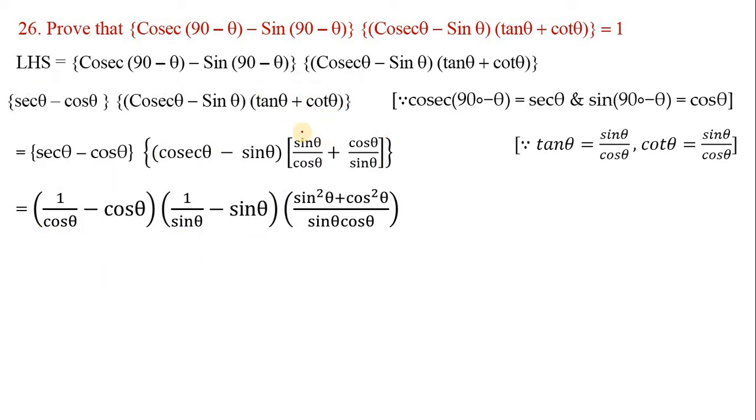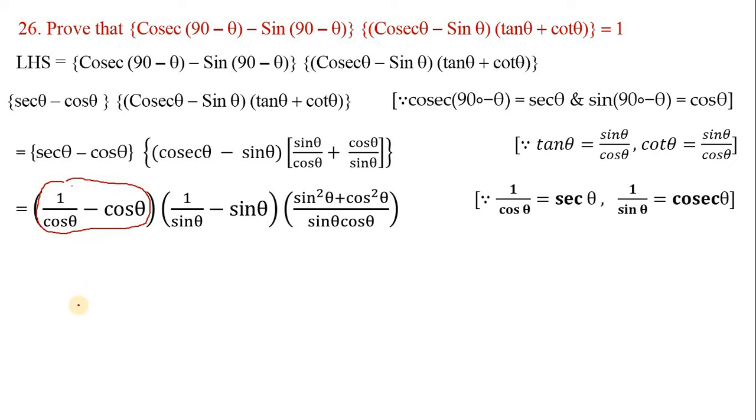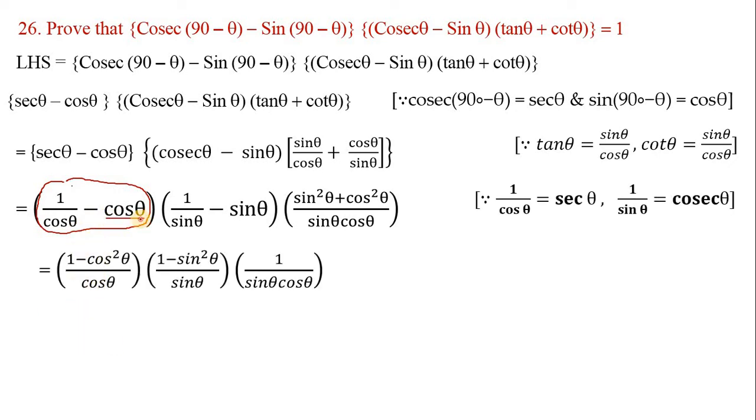And now we can find the LCM for this, children. Means multiply the denominators. So cos theta into sin theta, and do the cross multiplication for the numerator answer. Sin theta into sin theta is sin square theta. Cos theta into cos theta is cos square theta. And for the next step, what can we do? Just think. So find, solve this. So we'll get it here. Nothing, 1 will be there.